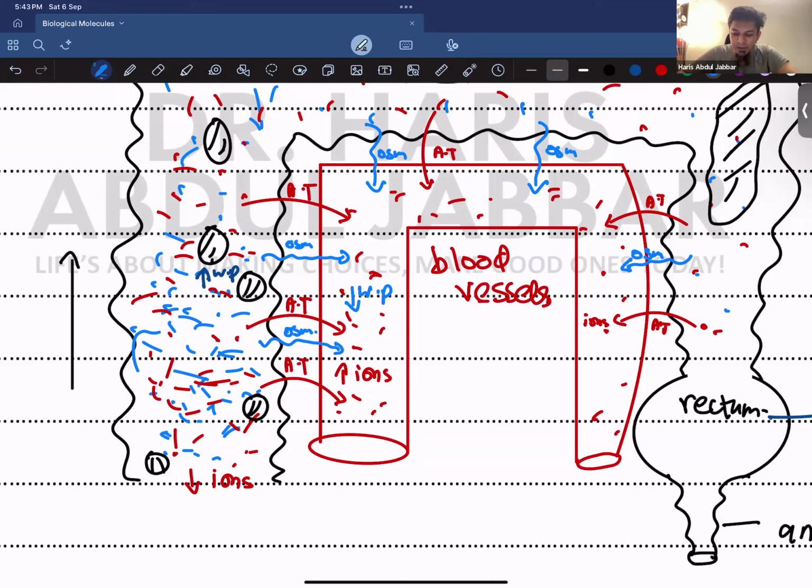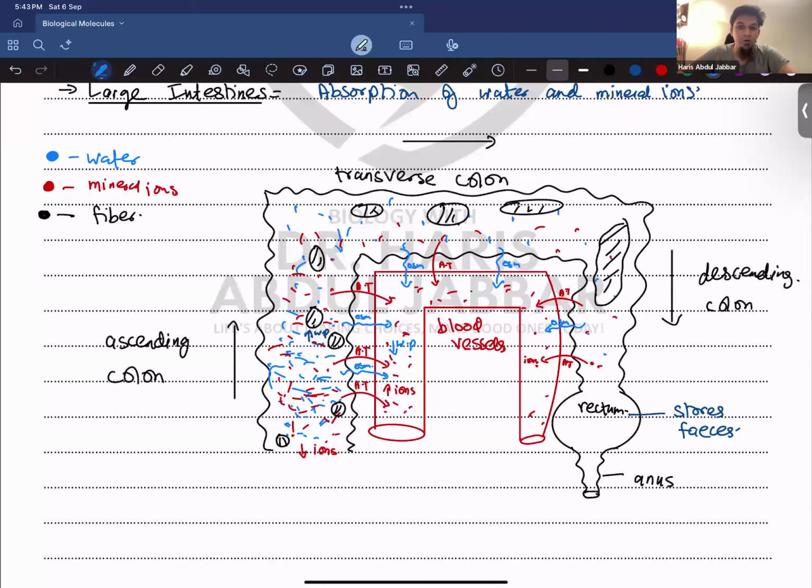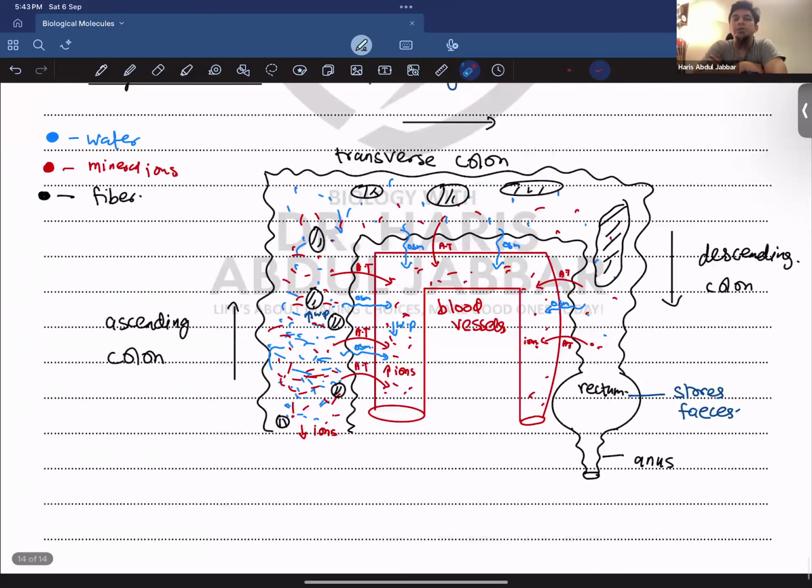ठीक है। और इसी तरीके से जो हमारे पास रिमेनिंग 40% वाटर था ना, जो स्मॉल इंटेस्टाइन के अंदर एब्जॉर्ब नहीं हुआ था, वो सारा का सारा हमारे पास एब्जॉर्ब हो रहा। ठीक है। अच्छा, the colon does not, it's wavy लेकिन विलाई नहीं होता उस।